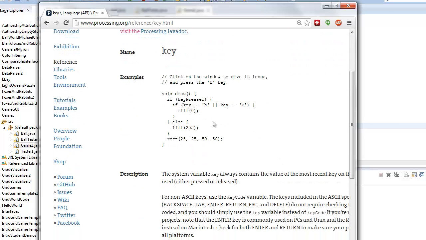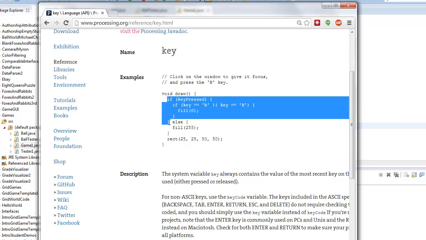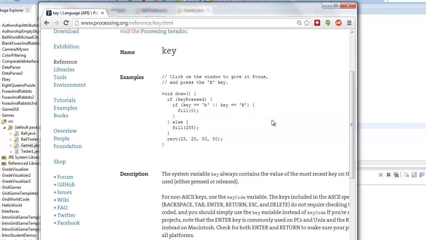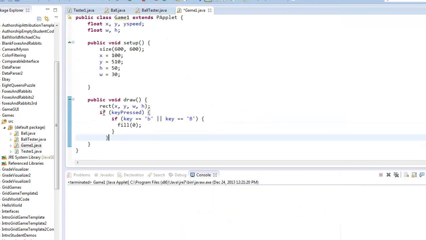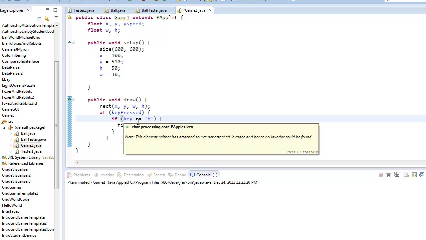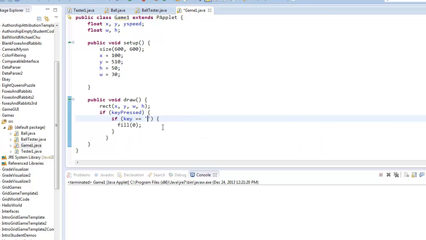And it says, okay, so here's the draw loop. Oh, okay, great. So this makes a lot of sense. It's saying if a key is pressed, see if the key equals a certain value. So I'm just going to go ahead and copy that much and go back to my program. So here I am in the draw loop. If a key is pressed, I want to see if the space key is pressed. I'm going to delete this other part. So if the key that got pressed was space,